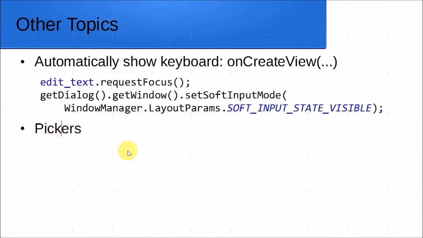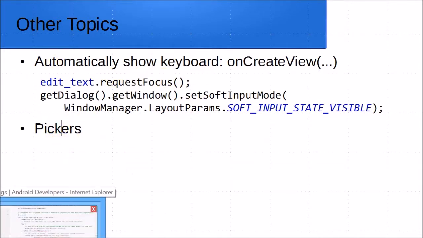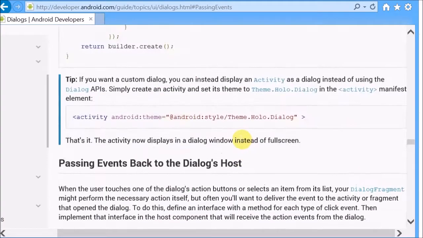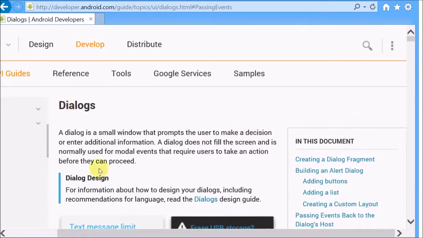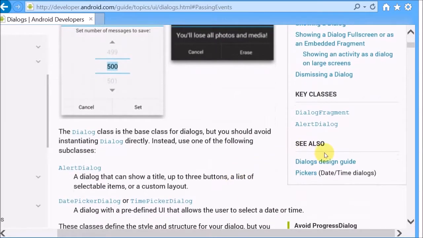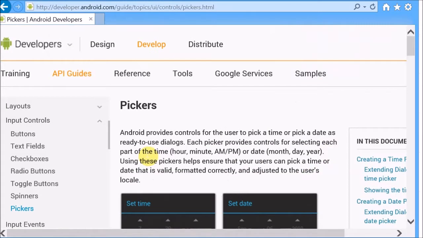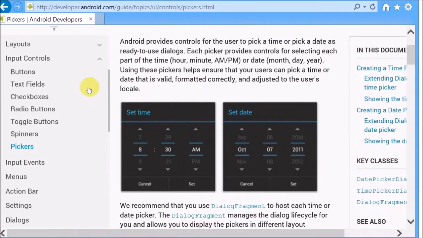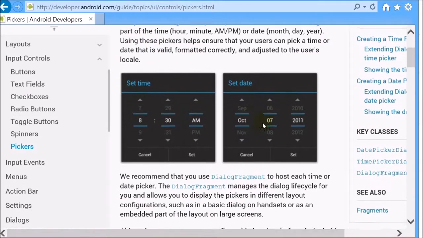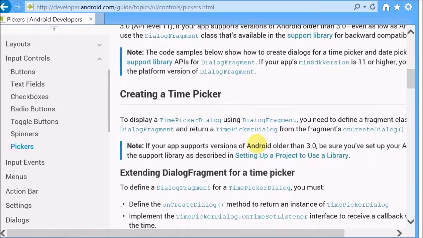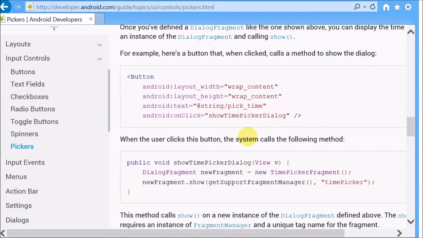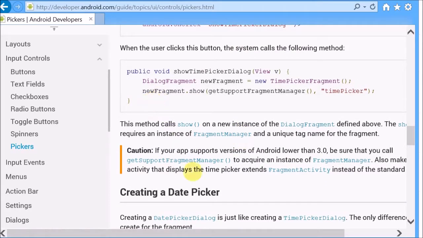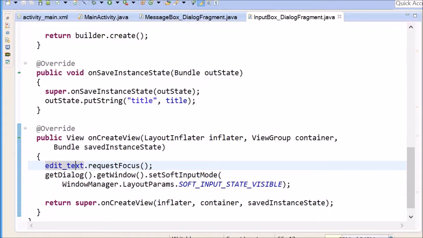Now we'll go over the pickers. The pickers are a kind of dialog boxes. So if you go to the dialog guide, down here they have pickers. These pickers, I'll just go over one of them. I'll just use set date. It's really the same thing, and there's no new concept. So let's just go over it, because